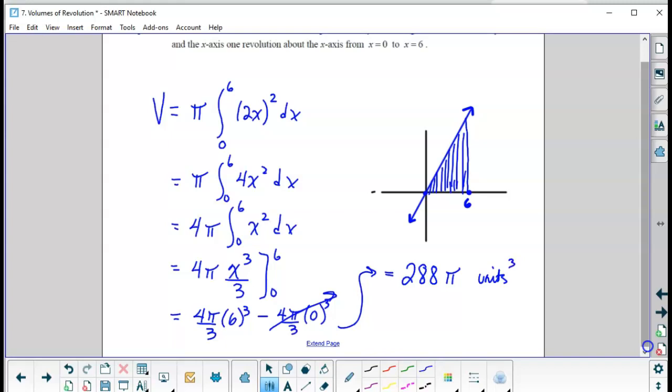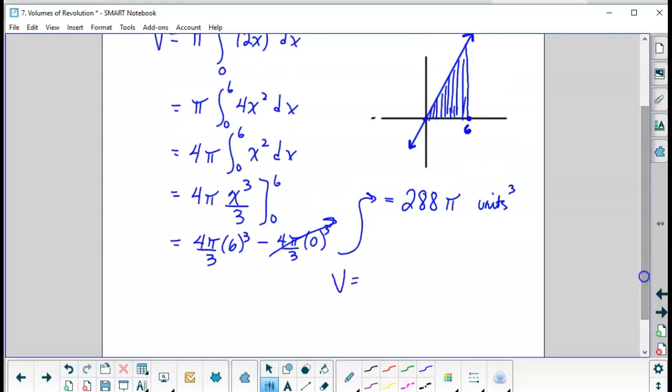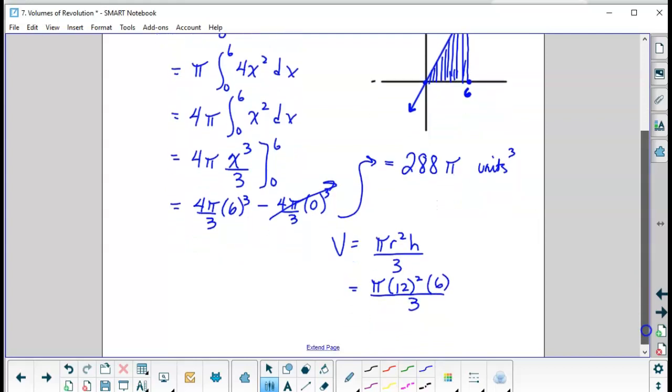Okay. Now, if you were to calculate the volume of a cone, remember, before you knew calculus, it would be pi r squared times the height divided by 3. In this case, the radius will be 12, because the function is 2x. So when x is 6, y is 12. So the radius would be 12 squared. The height would be 6 units divided by 3. Okay, so that's going to be 144 times 2 is